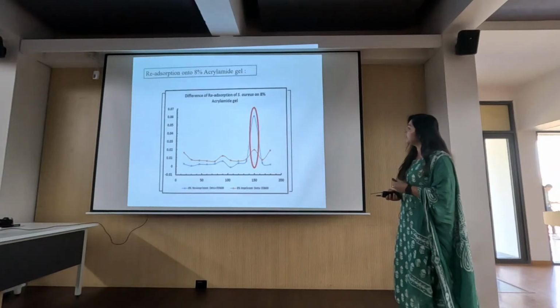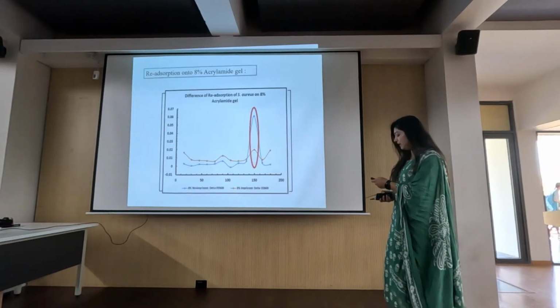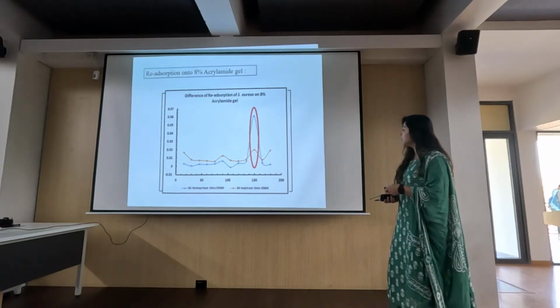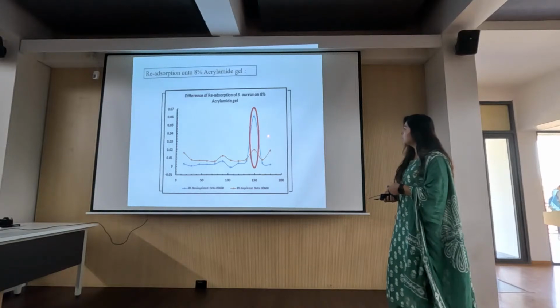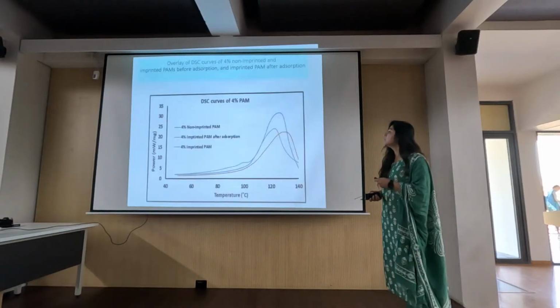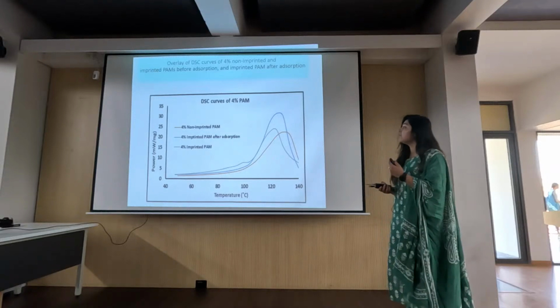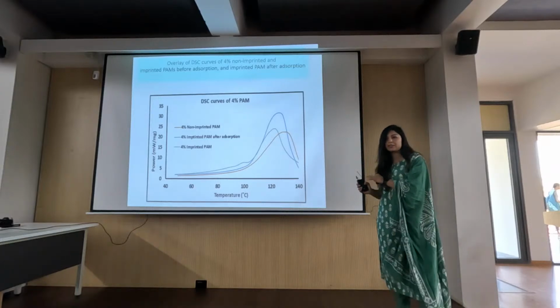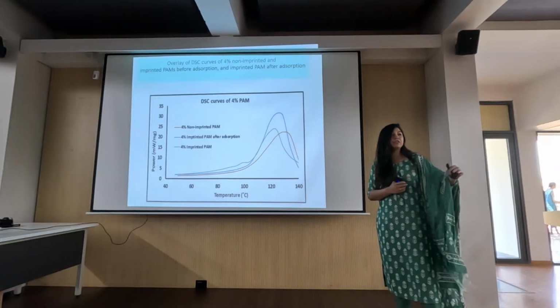Then the difference of reabsorption on 8%. Here we can see again at 150 minutes the shift in the non-imprinted gel is more, in the change in the OD. So it didn't work again. Now we can conclude that 4% is ideal according to our experiment to go ahead with for the detection or